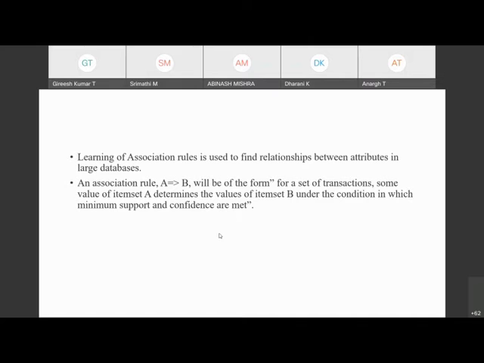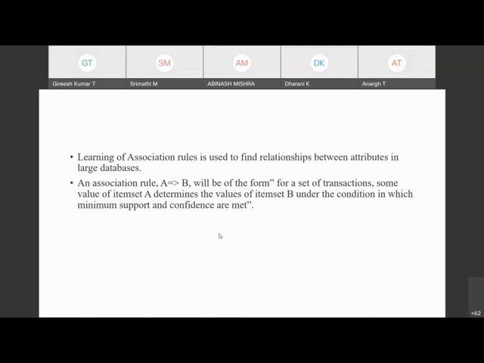Then we can club together those attributes and reduce the number of rules in your entire database system. That's the reason we are using association rule mining. Learning of association rules is used to find relationships between attributes in a large database. An association rule, A implies B, will be of the form: for a set of transactions, some value of item set A determines the value of item set B under the condition in which minimum support